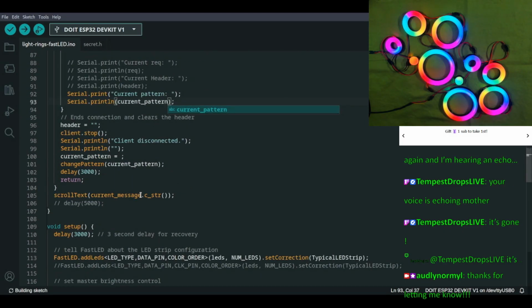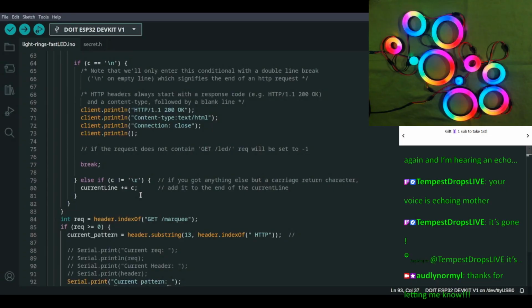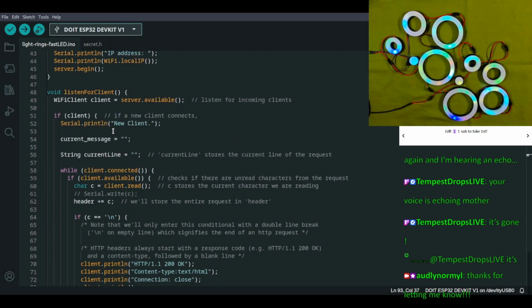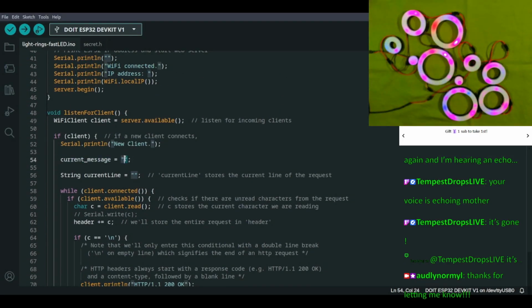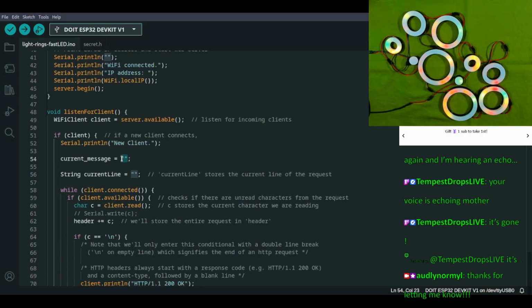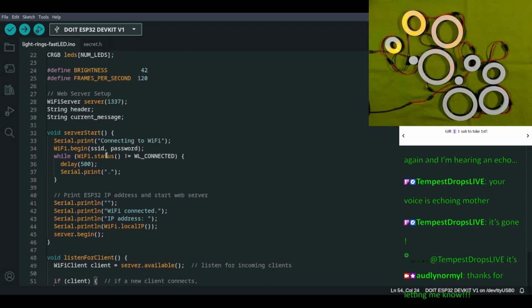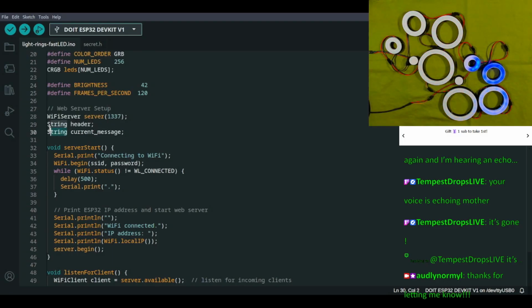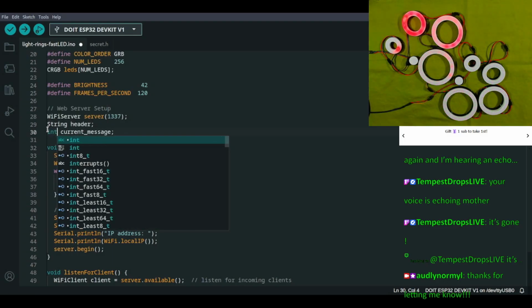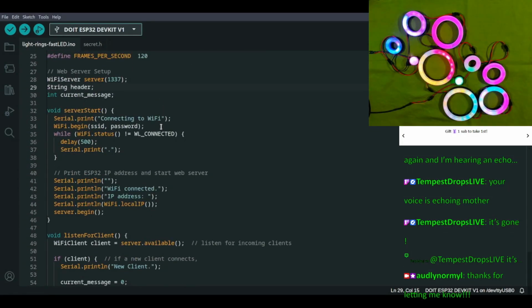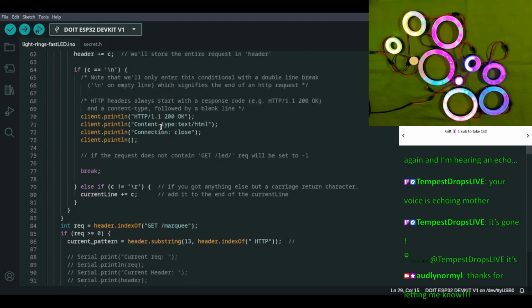Okay, kind of working from the middle up because that's the way my brain works sometimes. Okay, and we need to change current message to, we'll just change it to 0 for right now. And we're going to change string to int up here. All right, so we're doing good so far.